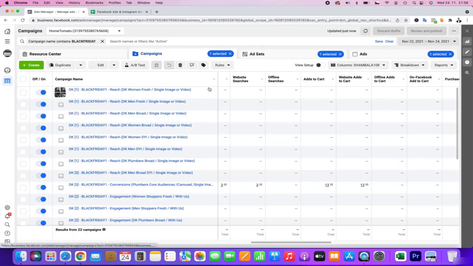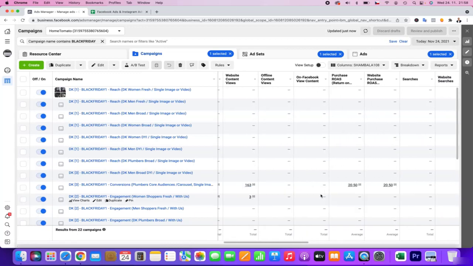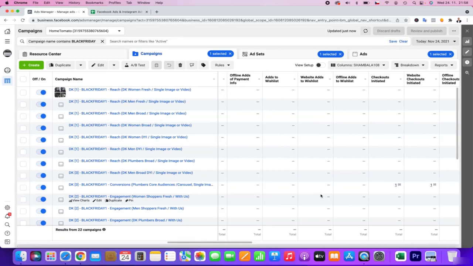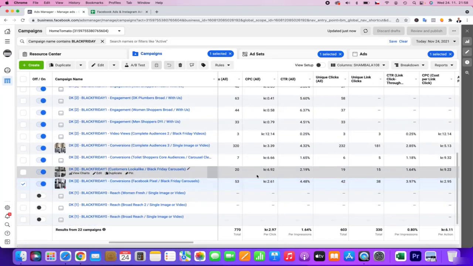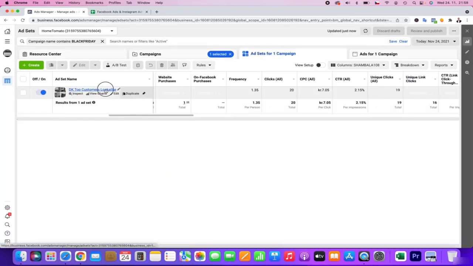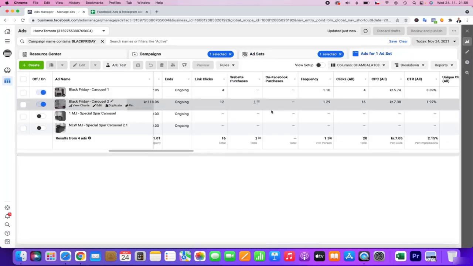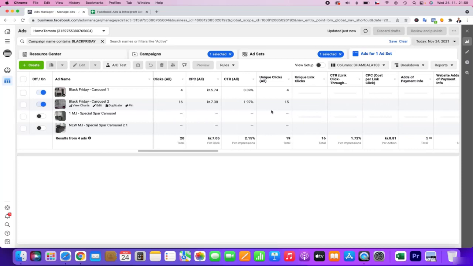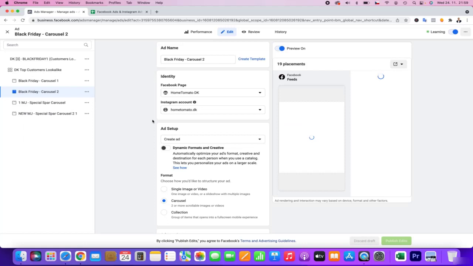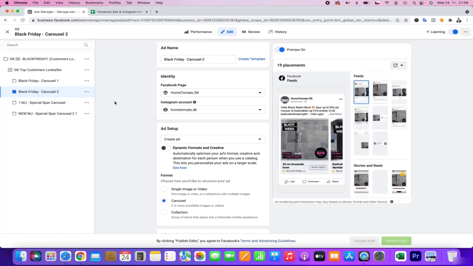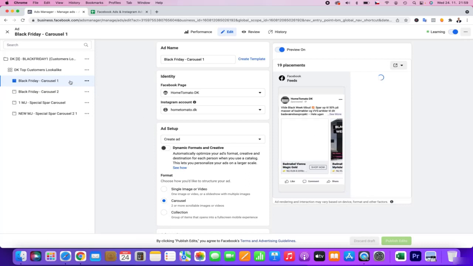And maybe this is what we can do today, because if we have a look today, we don't have such a great link click on the customers lookalike. So let's check it together. Even though we have a purchase, this doesn't have such a high click-through rate. So again, I just check the first carousel.